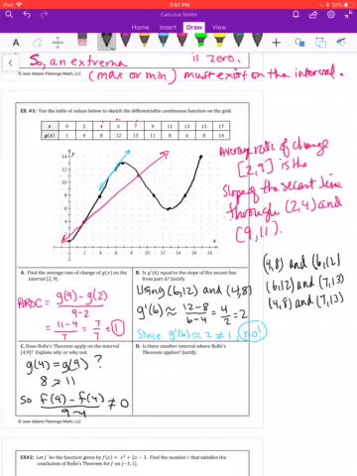So I would be looking for points where the y values are the same, and I see the y value of 8 at x equals 4 and x equals 11 and x equals 15. So if you were doing from 4 to 11 on that closed interval, or from 4 to 15, or from 11 to 15, any of those closed intervals could work. So I'm going to say yes, Rolle's theorem could be applied